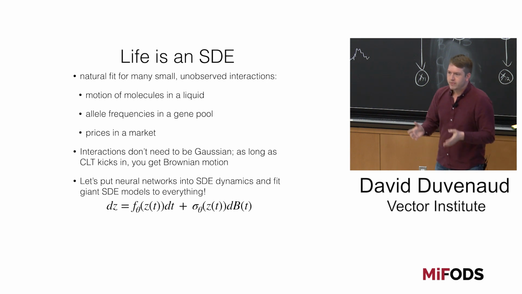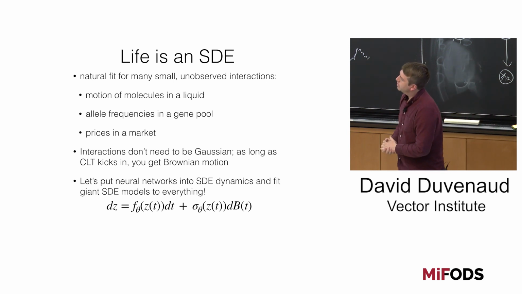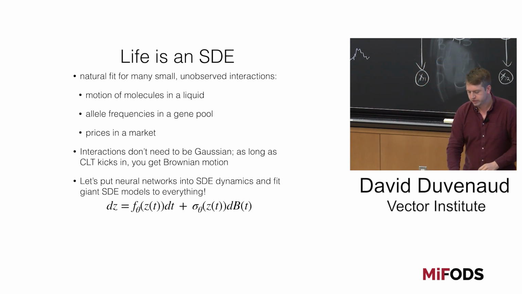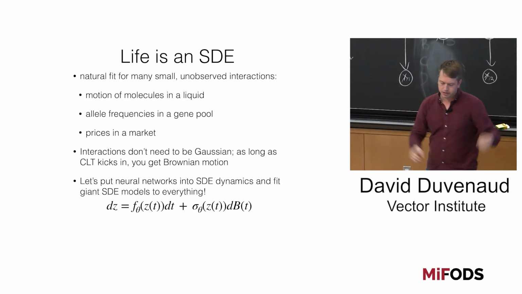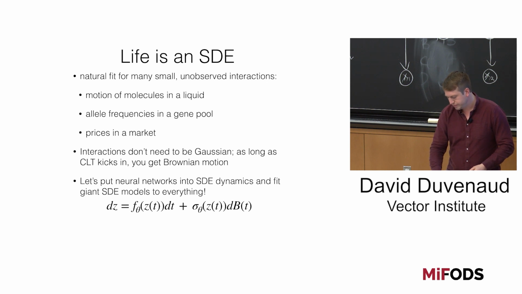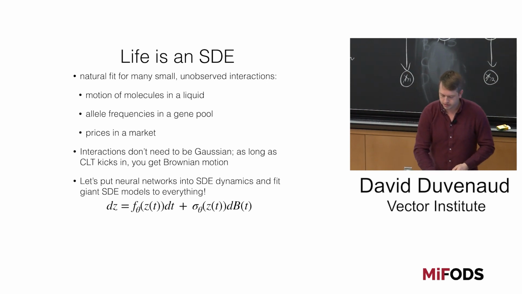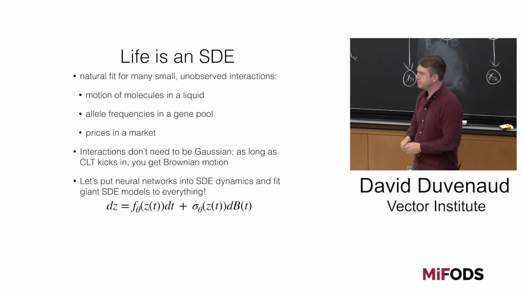I want to say that, the question? I just want to know, should we be thinking about it just as a scalar, or is this going to be a general matrix? That's a great question. So in general, Z is going to be a vector. F is going to be sort of size of that vector to size of that vector. This Brownian motion can also be a vector of a totally different size. And then this sigma can be a matrix in general.